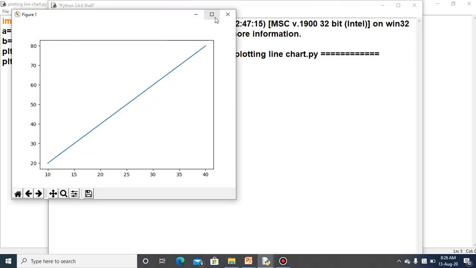Yes, as you can see, another window with the title Figure 1 has opened up in front of your screen. So whenever you work on PyPlot, this particular window, Figure 1, will pop up to show the graph. This is one of the line charts. As you can see, this line means the x coordinate will have the value of a and the y coordinate will have the value of b. So in that way, this line chart is automatically created, and by default the color of the line chart will